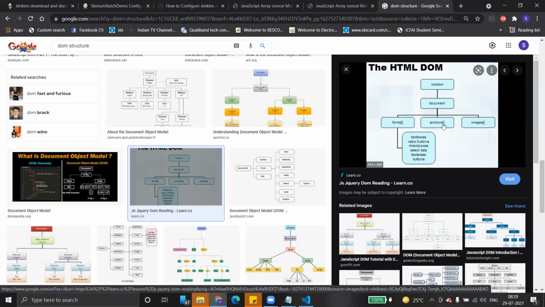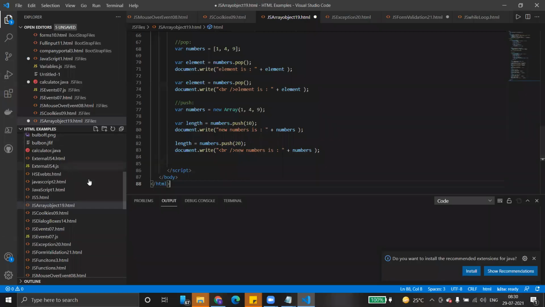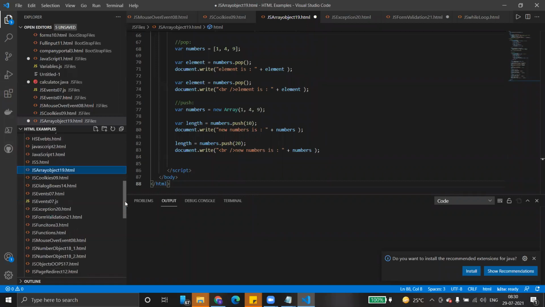And images, anchors. Anchors means, if you want to go to external pages, we use anchor tags. Anchor tags basically provide an href where you have to provide the link to refer to other external URLs. For images also, we simply add an image tag. Inside that we have to provide the image path. Automatically the image will be displayed in your page. Right? Are you clear? Yes, sir. JPG. Yes, sir.